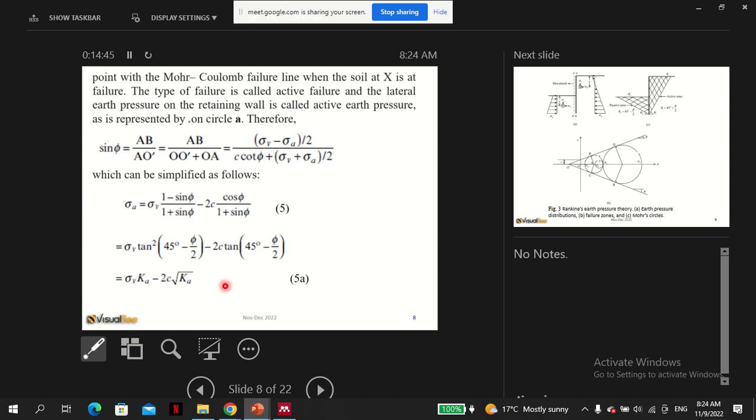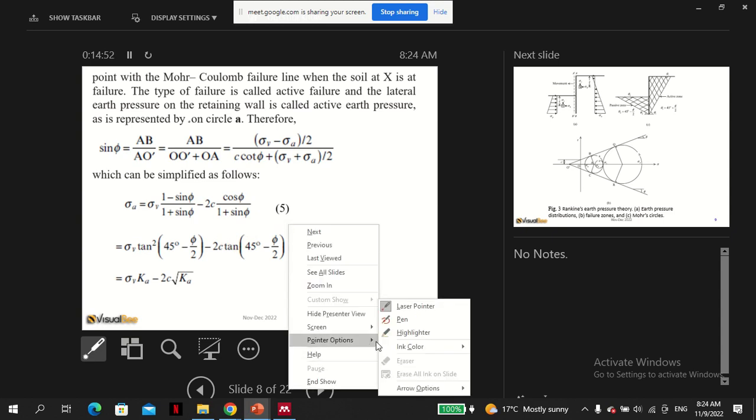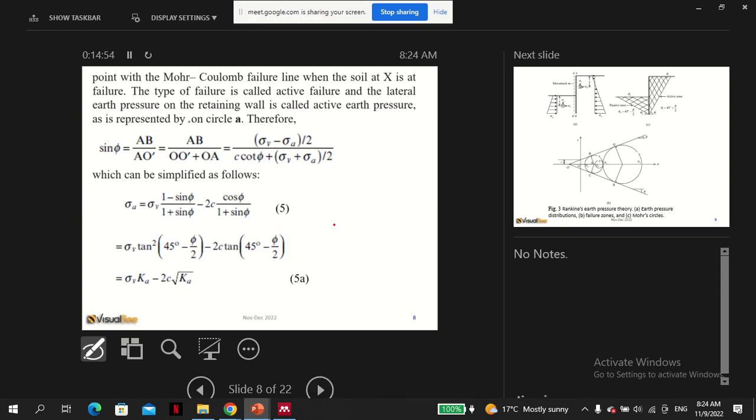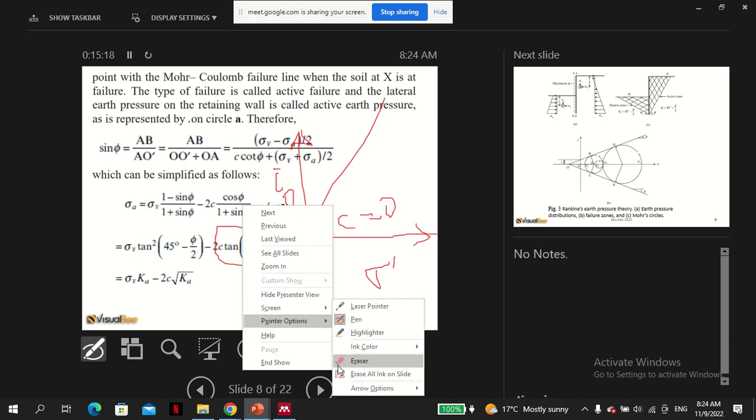So this basically means that when C is 0, you remember the source we were saying, this part is 0. In any case, okay, now